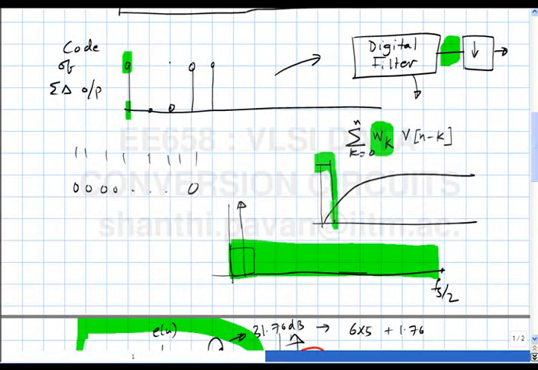At this point in time, the coefficients are still infinite precision coefficients, okay. So even with infinite precision coefficients, you can only get the in-band SNR which is corresponding to the noise that the filter lets through, okay. The next step, once you find the infinite precision coefficients, is to truncate the coefficients, because